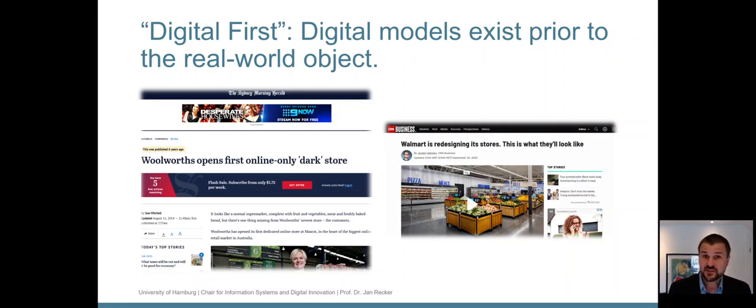And what happened is that this model grew so prominent that they needed a particular store where they could actually fulfill all these online deliveries. And they had no idea how to design it. They knew how to build a supermarket where they could entice people to shop for good vegetables and get the Snickers at the end before they pay. But all of that was irrelevant in a dark store where they try to complete online orders. Yeah, and this has taken over. So Walmart, this is an article from only last year, is now designing its stores only based on what they know from how customers shop online. So what happens in the digital space